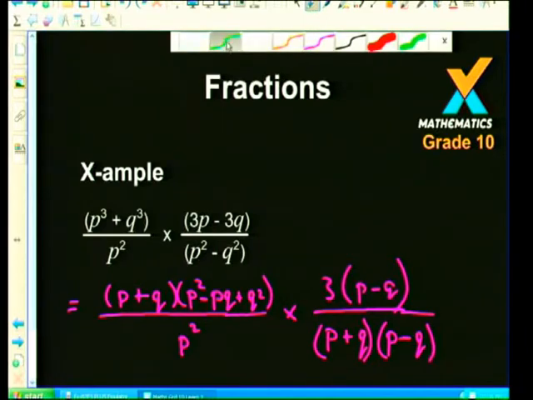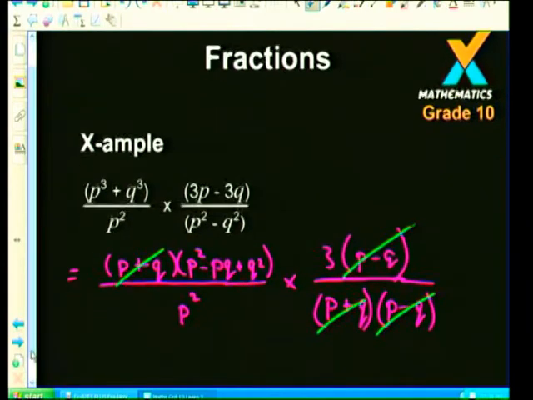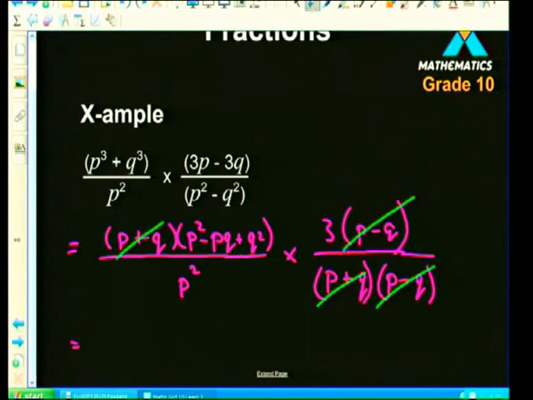Only factors can fly. That factor and that factor can fly away. Anything else? Nope. So, here we go. We write down everything else that's left. We've got a 3, we've got a p squared minus pq plus q squared, and at the bottom, we've got